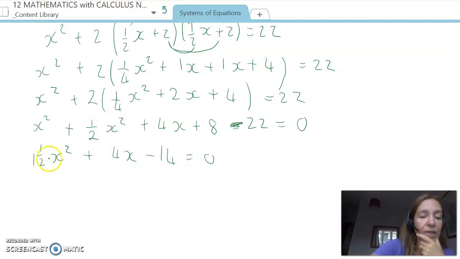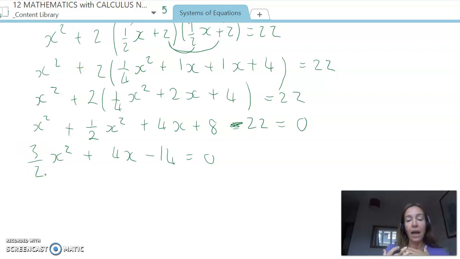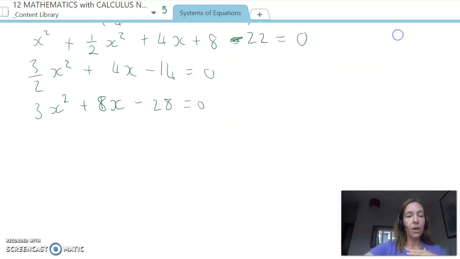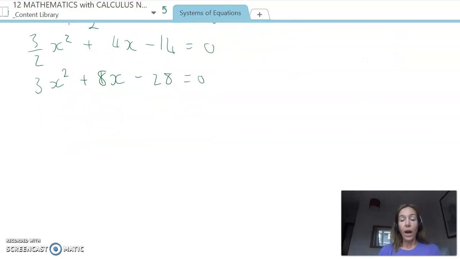I'm just going to write this as an improper fraction. 1 2 is 2 plus 1 is 3 over 2. So that's just 3 over 2. I'm just doing that so I can see if I just multiply each of these terms by 2, I get that. Now, I do not have a graphics calculator, so I am going to solve this like you